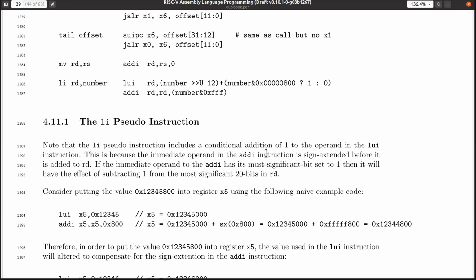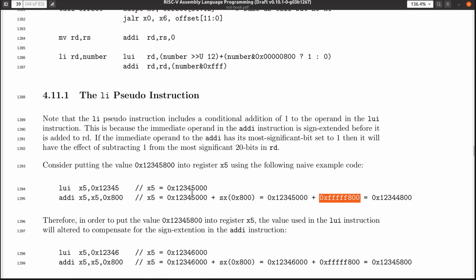And it's because the immediate operation in the add I is sign extended. Remember, whatever you put here is going to be sign extended, and that's the whole point. All right, so if the immediate operation, the add I, looks like a negative number, then what will happen is the sign extension. Like if I wanted to work this particular example out right here, if I wanted to store this 1, 2, 3, 4, 5, 8, 0, 0 into register X5,